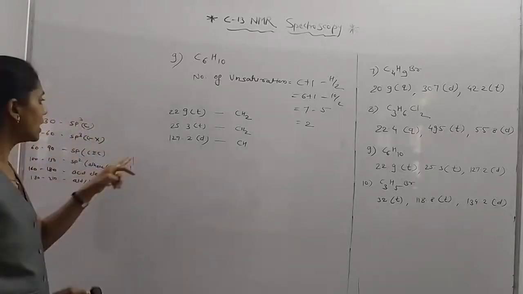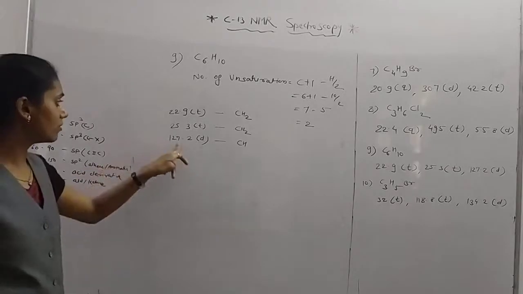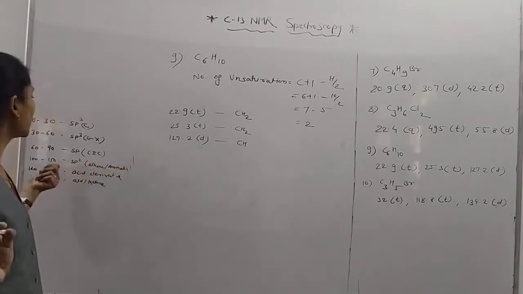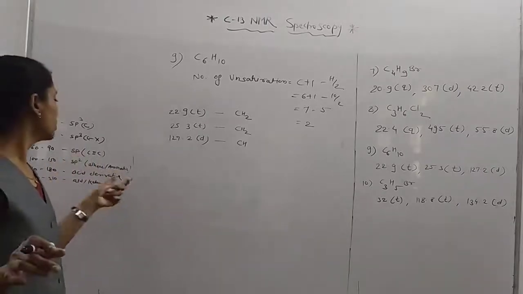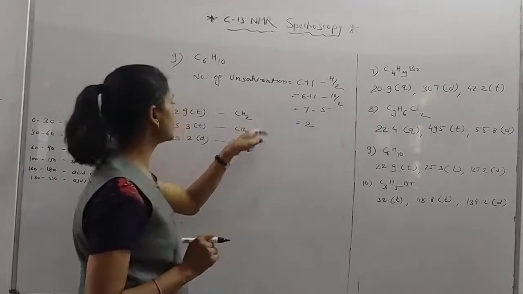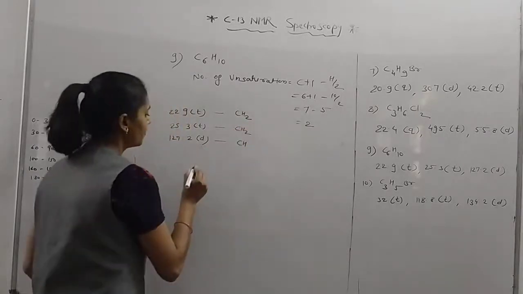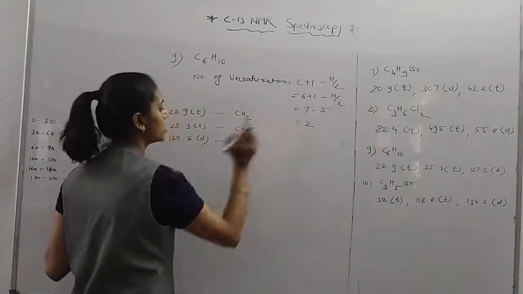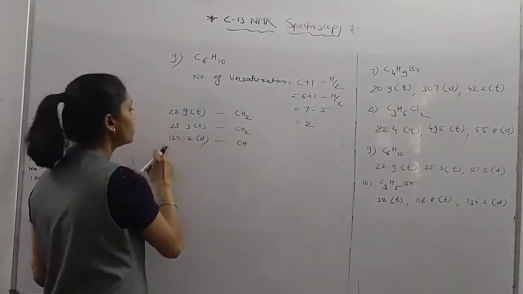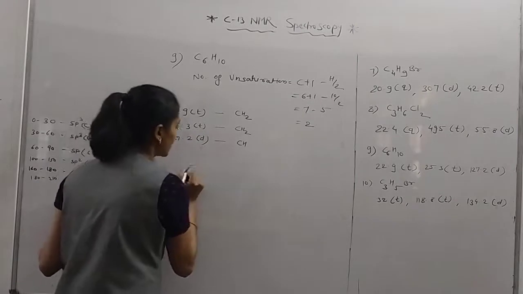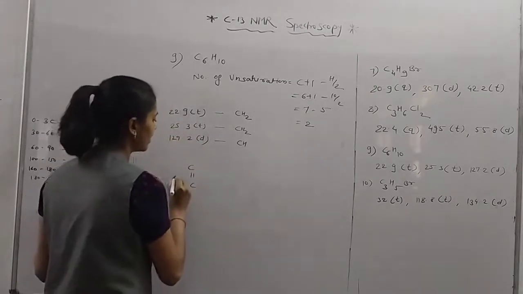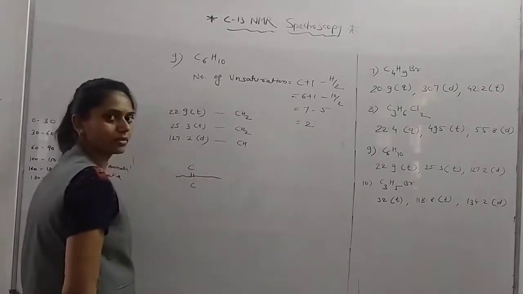Again, this alkene group, that means this 127 value is for the alkene, not the aromatic compound one. So it's an alkene. And here again a CH2 group is there. And another unsaturation is there, and there is not the double bond here. Only for one carbon atom there is double bond. So I have written this. For one carbon atom there is double bond, and it's a symmetrical one.